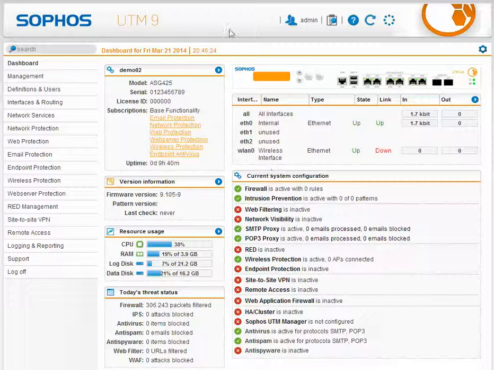This is just the main dashboard of this. And so before we dive into this web interface a little bit, I would like to talk about what is a next generation firewall. So whenever people are asking you, what is that? Basically,